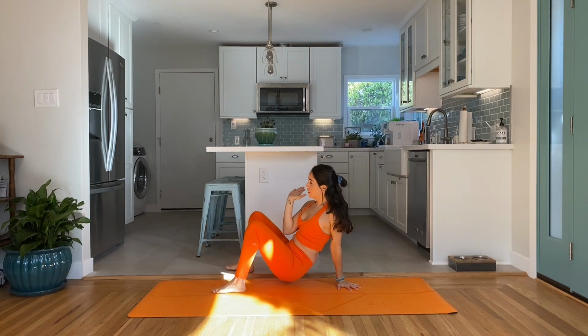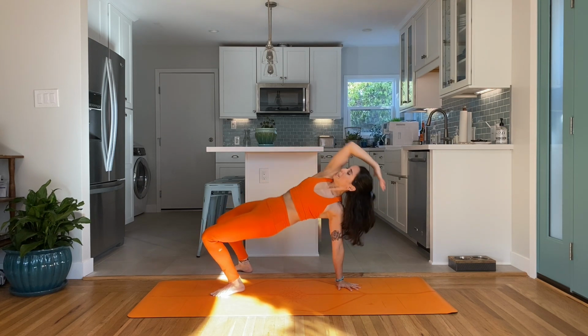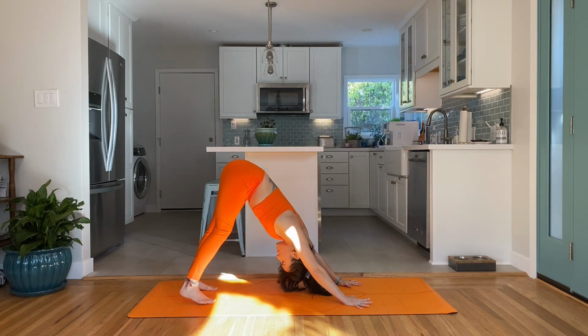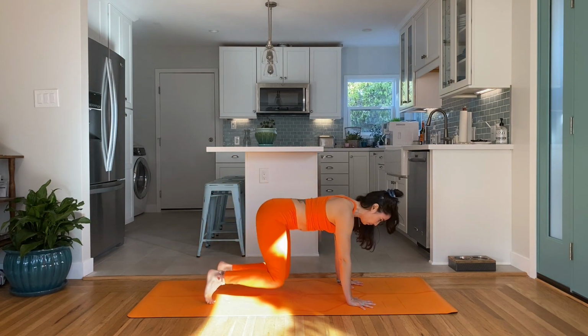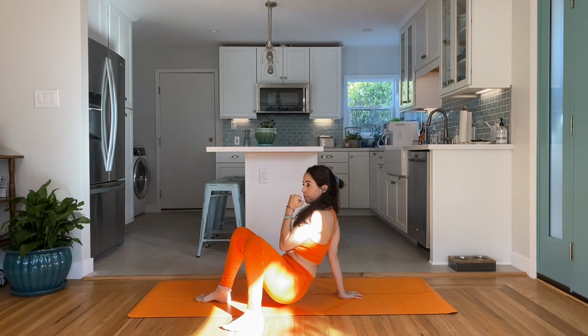Toe tap, crab reach, hips up. Reach that hand like you're framing your face. Lift it up, hips up, belly in. Come down, come back, down dog. We can move a little quicker now. Here we go. Hover, kick through, flip to crab, toe